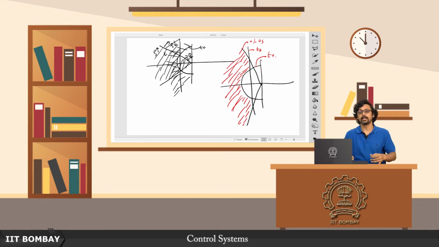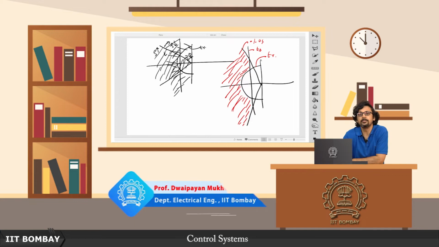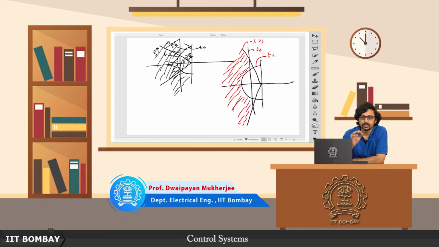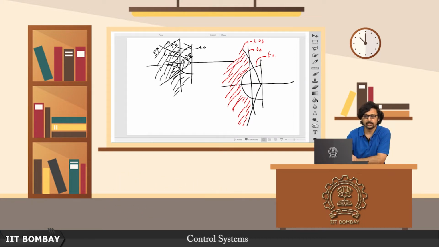Hello and welcome to another lecture of this course on control systems. In the previous lecture we have seen how we can relate the different performance metrics of a second order system with respect to the pole locations, and if you see on your screen right now you will see that we have actually marked out this portion in red to specify all such possible poles which would give rise to percentage overshoot less than a certain value, settling time less than a certain value, and also rise time less than a